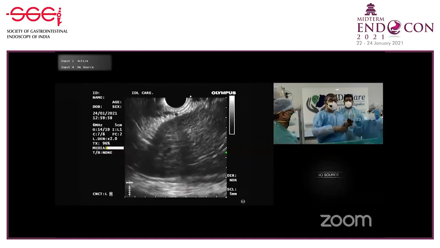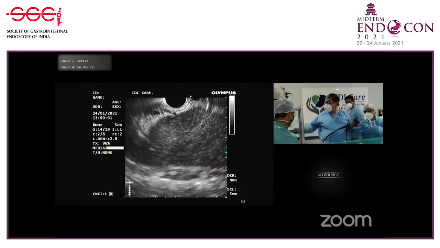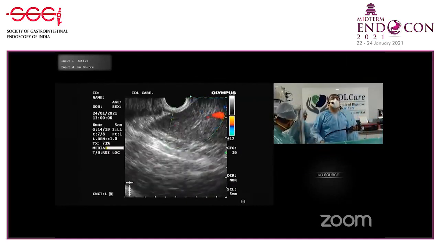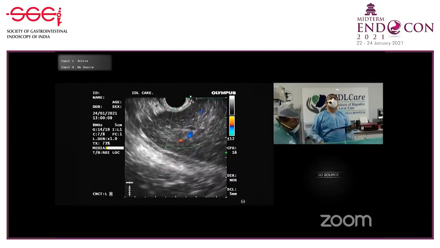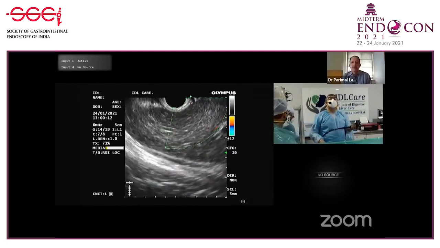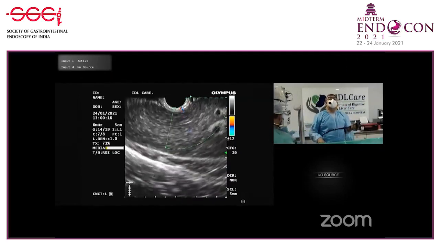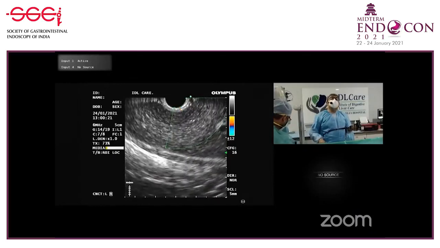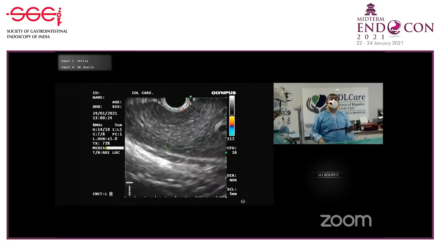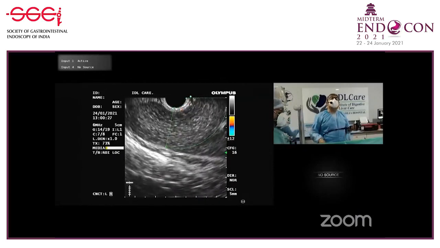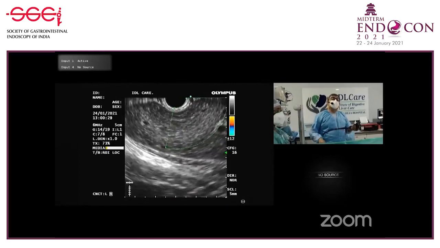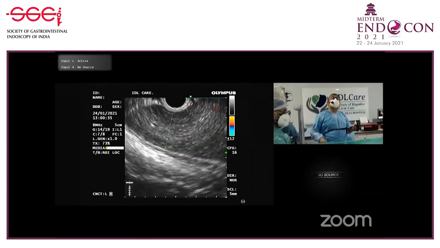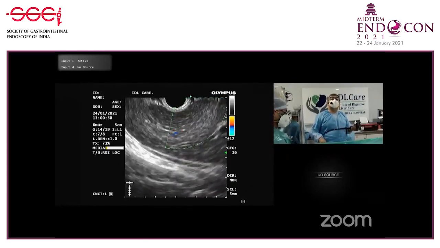After this, use your Doppler to see that there is no bleeding. Bleeding will be shown by blood in the needle track. So I don't see anything happening here. What's your strategy if you find bleeding? Usually, if you have bleeding from a puncture site, you go to that puncture site and you can inject in that area. But frankly, Parimal, so far I have done many. And because we do the Doppler before and avoid the major vessels, I haven't got a single case of post biopsy bleeding.